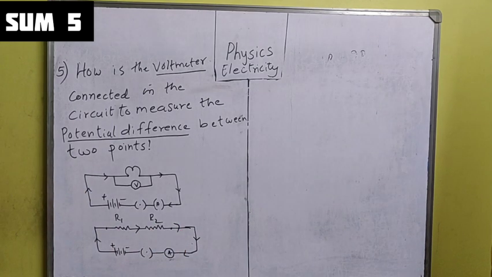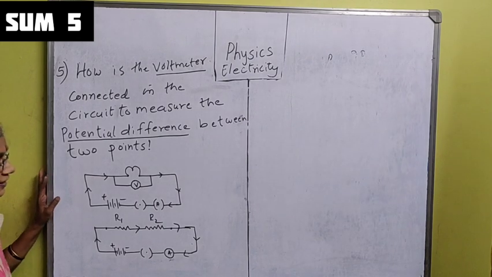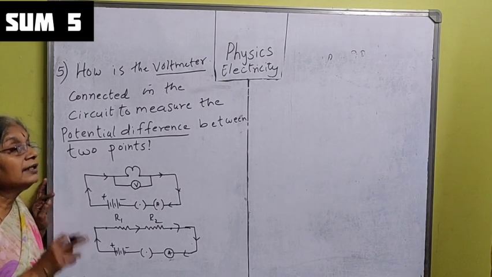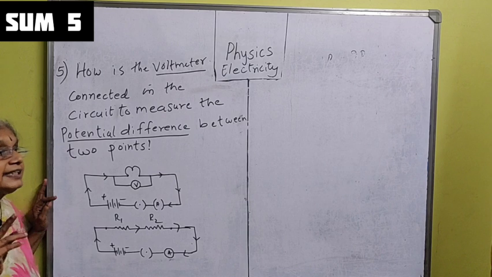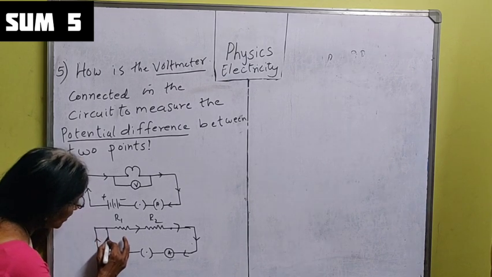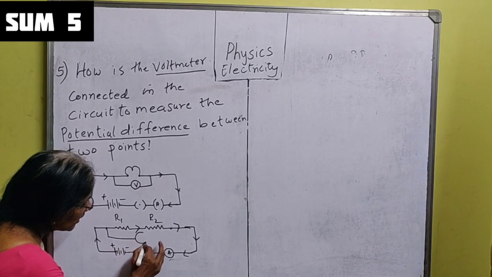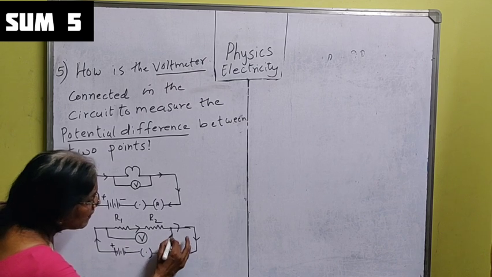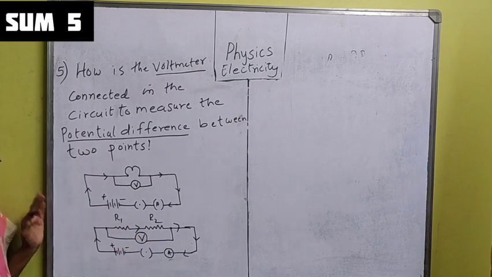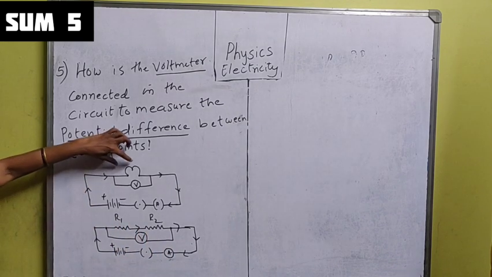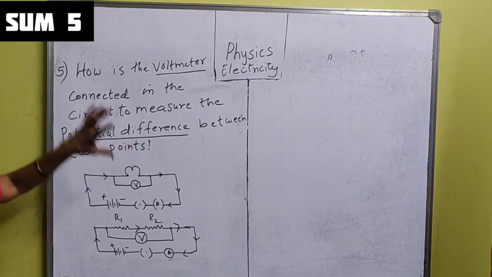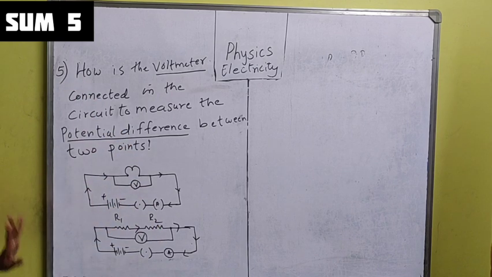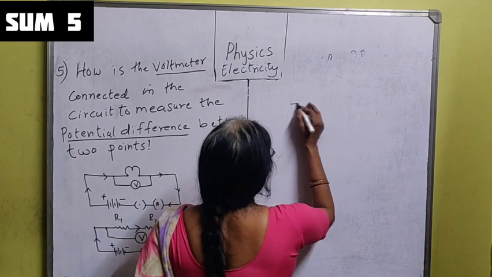I want to measure the potential difference. While I was explaining resistance connected in series, how should the voltmeter be? It should be connected in parallel. So always remember whether it is a bulb or whether it is a resistance wire connected in series, or I have